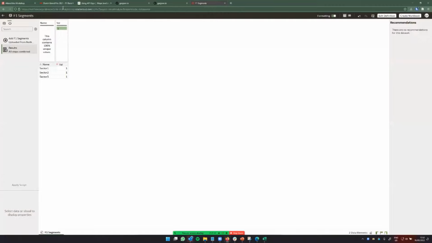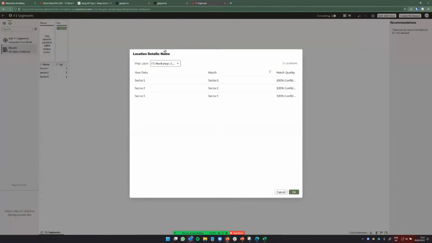So in the next step, we want to associate the map layer with a column of the data. This will make sure that the key that was identified when we imported the data as a map layer is linked with this data set, to show that this is the same column that can be used as a key when you refer to that map. So over here under the map layer, you can see that we have two map layers that we have already brought in earlier. In our case, I want to use the sector one to map. Oh,